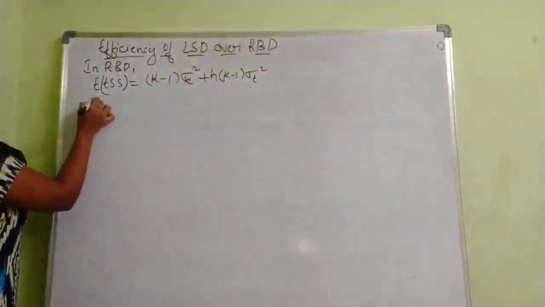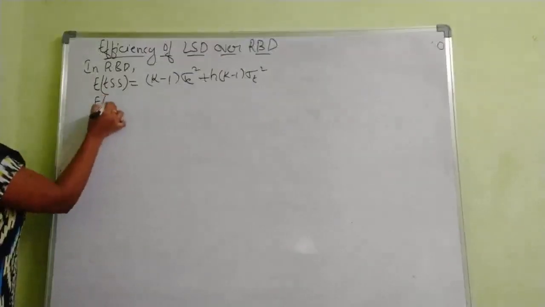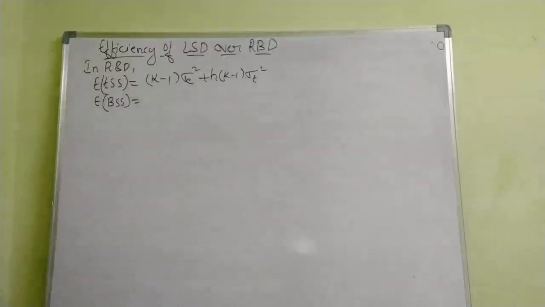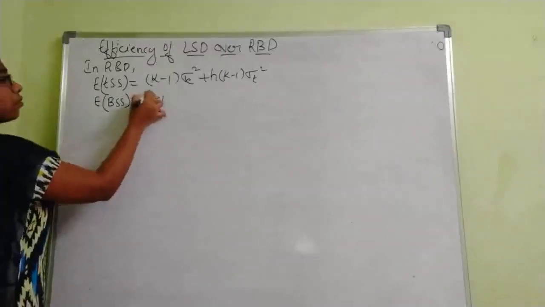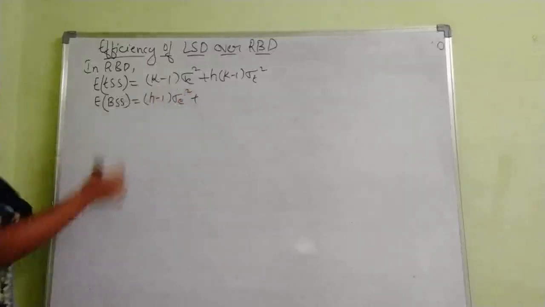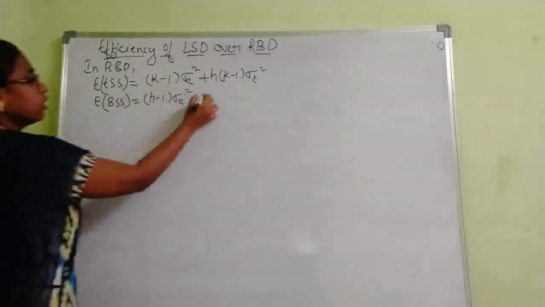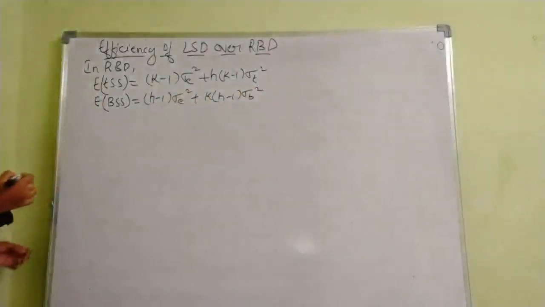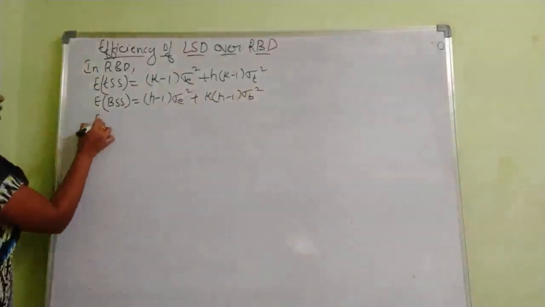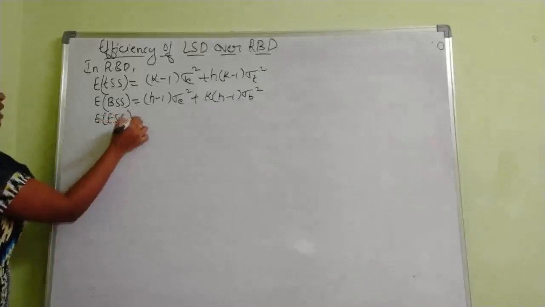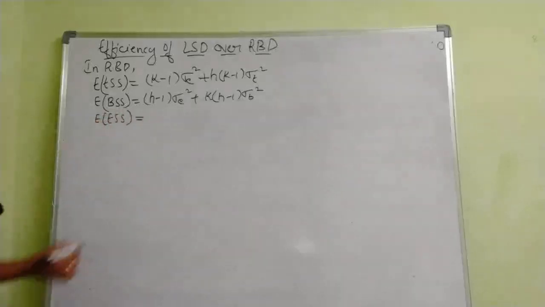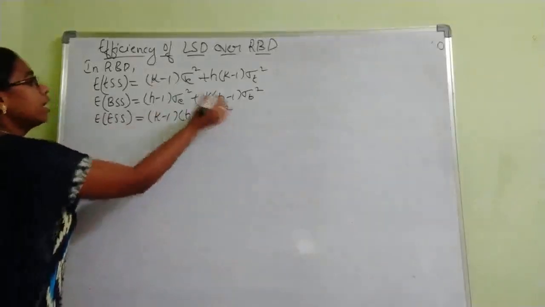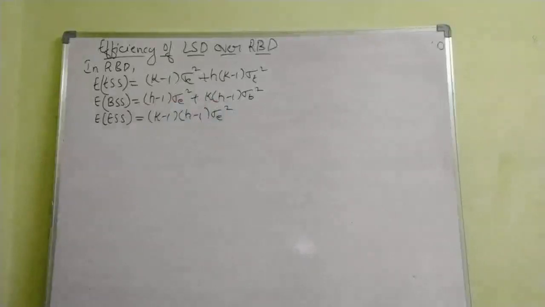Similarly, after treatments we have blocks. The expectation of the block sum of squares is given as (h minus 1) sigma E square plus k into (h minus 1) sigma B square. Next, the expectation of the error sum of squares is given as (k minus 1) into (h minus 1) into sigma E square. So these are the various expectations of